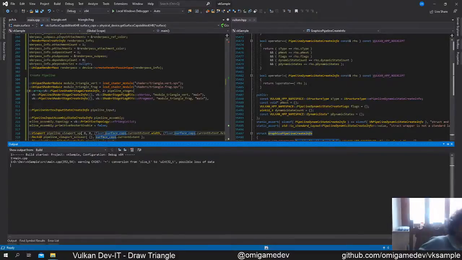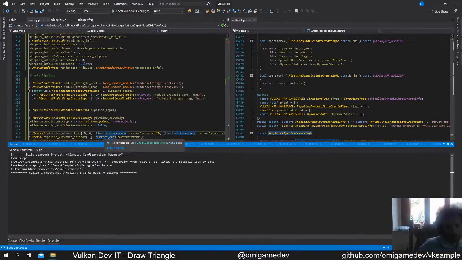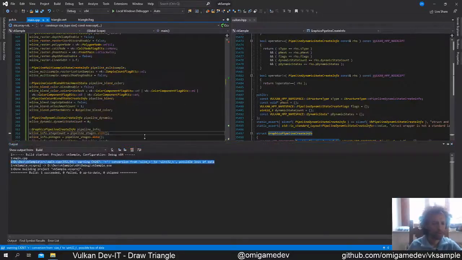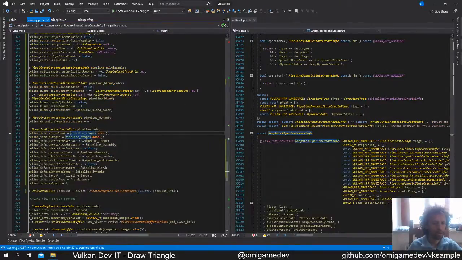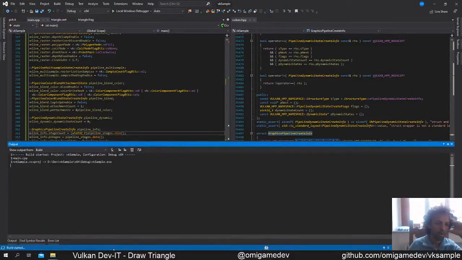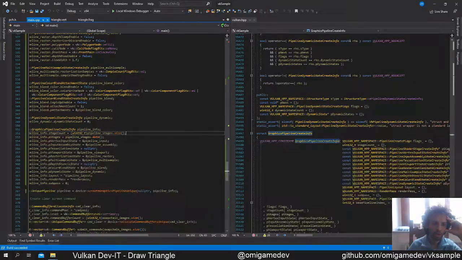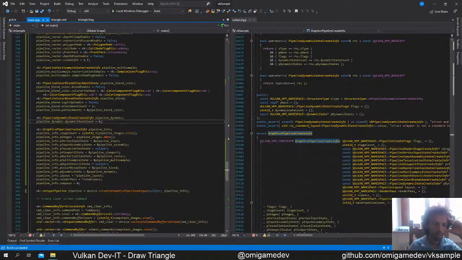And that should fix it. We've got another problem here. Need to convert this one as well, uint32. And we want everything to be zero warnings,